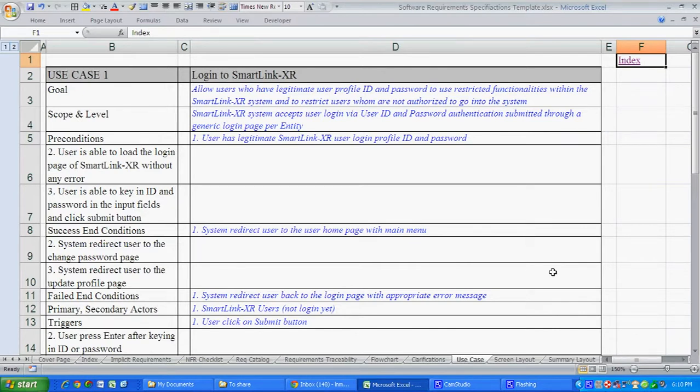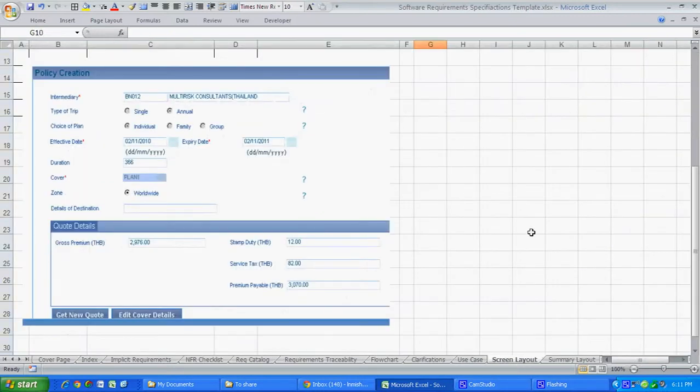Typically for each use case we may develop this template, so there may be 1 or 2 use cases being handled within one module SRS, otherwise the tabs become too long. But in case the project is not very large and you have just 6-7 use cases, then probably the same template can be used. The use case description will come as a separate small video, because that's a topic by itself, so I'll not take it here. Then the screen layout.